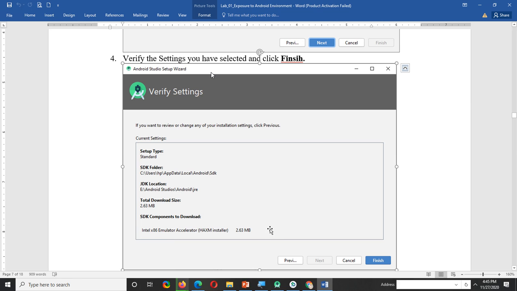2.63 MB. This is basically Intel x86 emulator. So Android SDK and AVD. Okay, AVD means Intel x86 emulator. This is also required to download. After that,